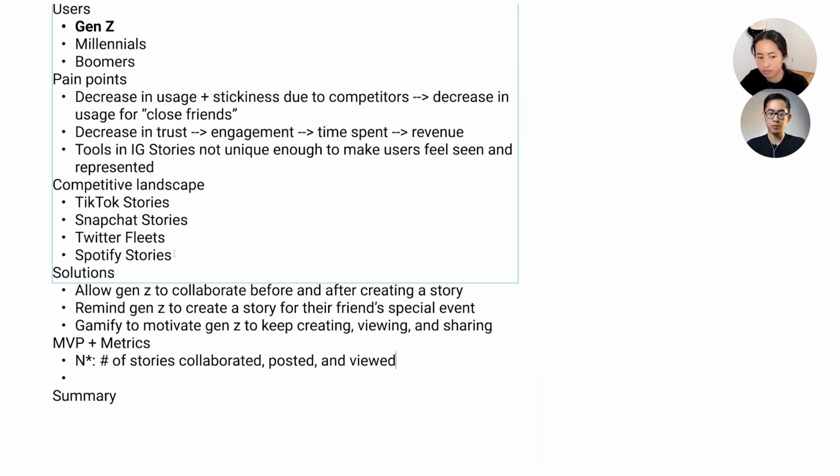Was there anything else you wanted to summarize before we end the mock? I think there are a couple of proxy metrics that I just wanted to discuss. Let's say frequency of posting, because at the end of the day, it's not just a one-time thing. Let's say we launch this improvement, we want users to be repeat users, right? Be able to collaborate on a story again and then post that, and make sure that the other person views that. Looking into the number of users who are creating the story, and maybe segmenting, is it going to be the same type of people?